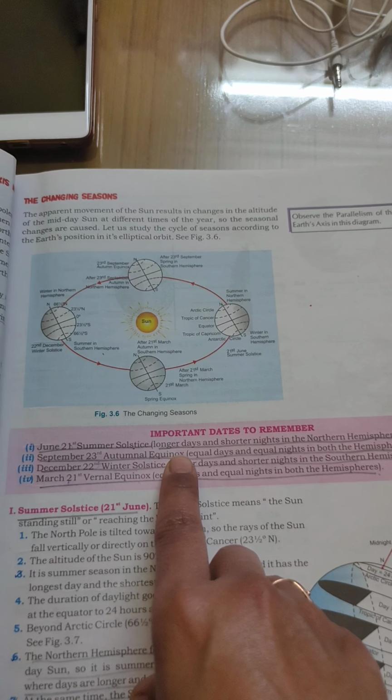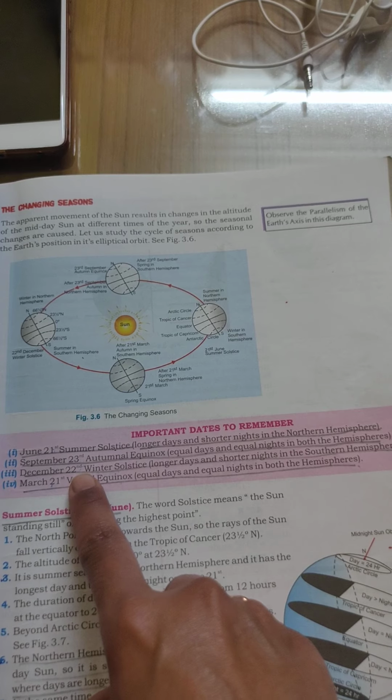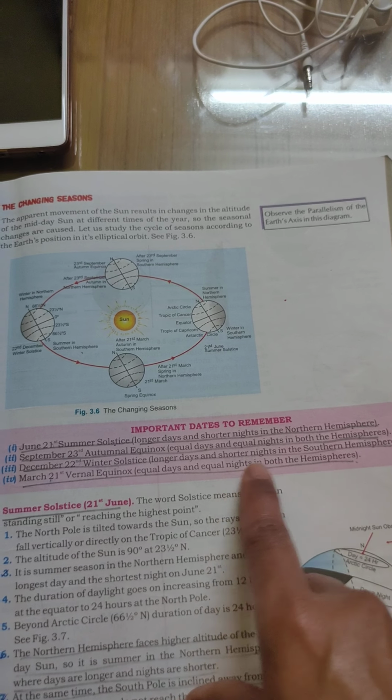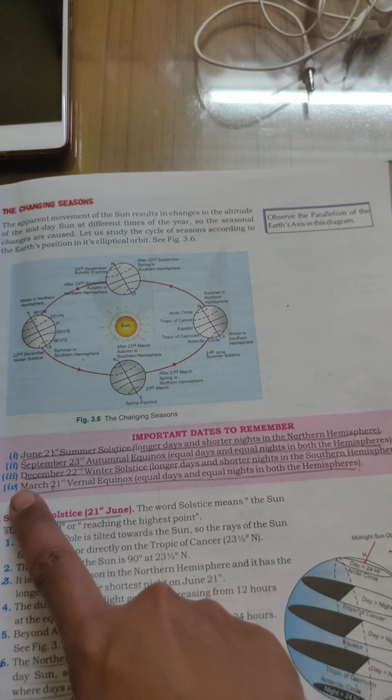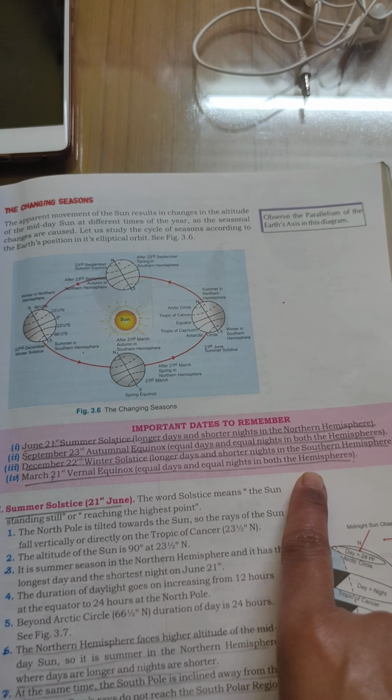September 23rd, autumn equinox, equal day, equal night in both the hemispheres. December 22nd, winter solstice, longer days, shorter nights in the southern hemisphere. And March 21st, vernal equinox, equal days and equal nights in both the hemispheres. Now,